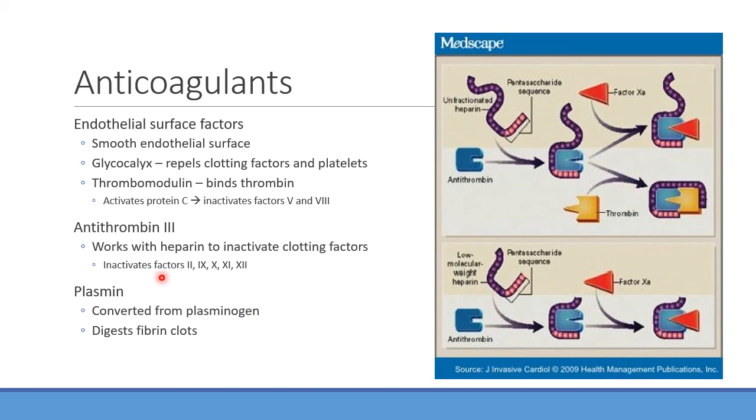And then obviously you have plasmin. This actually gets converted from plasminogen, and this will go and digest the fibrin clots. When I mentioned earlier a clot buster, we give something called tissue plasminogen activator, a TPA. That's something we produce ourselves as well, but I can give it in a recombinant form, exogenously, to help convert that plasminogen into plasmin, and then that will go and digest those fibrin and allow that clot